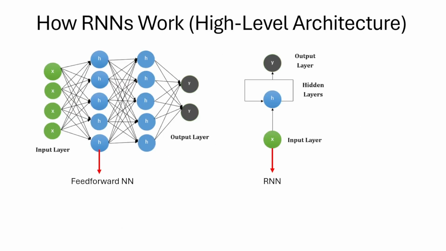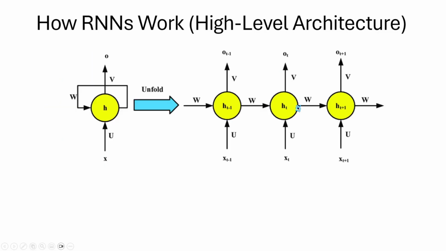So let's see this at a high-level architecture. This is a normal neural network and here is a recurrent neural network. Basically, this arrow here means that in each hidden layer we use the information of the previous hidden layer or input layer. Let's zoom in to this part. So unfolding it is basically like this,